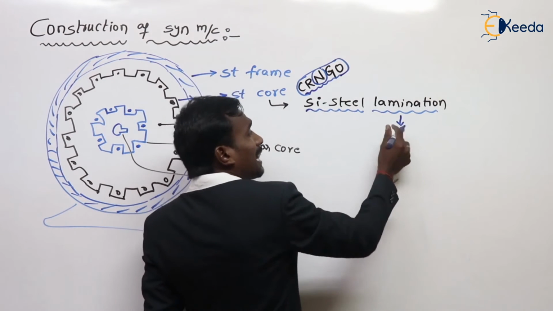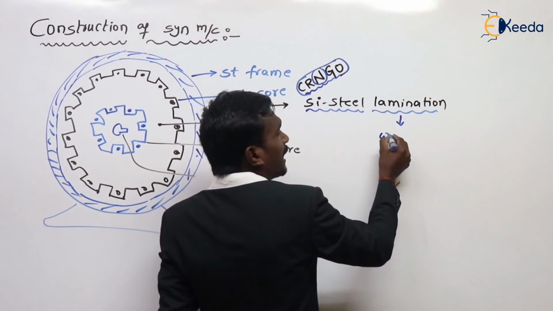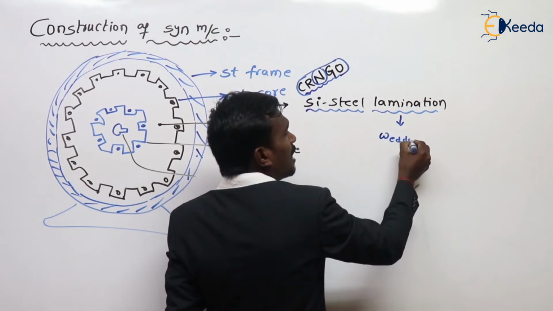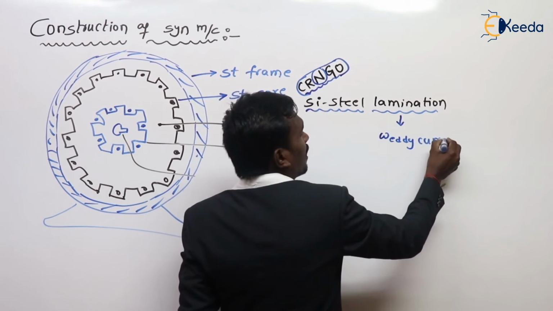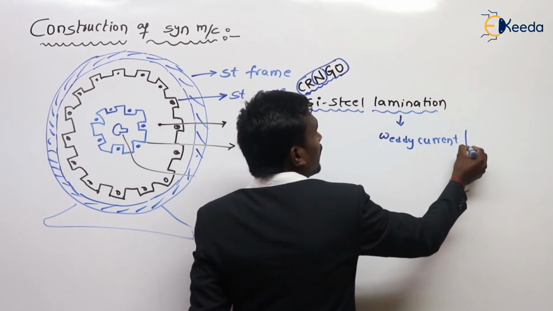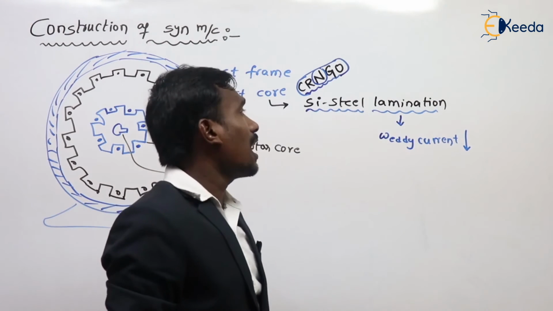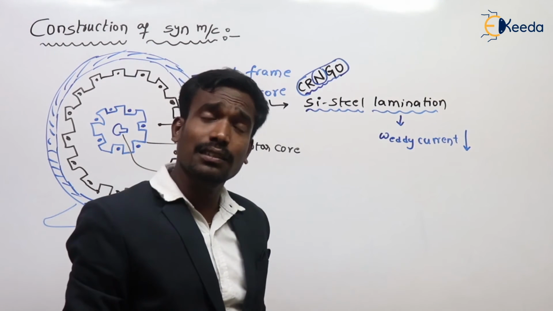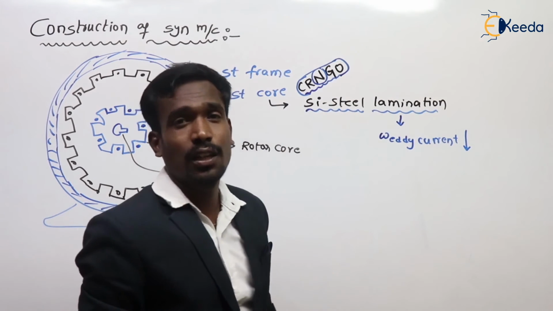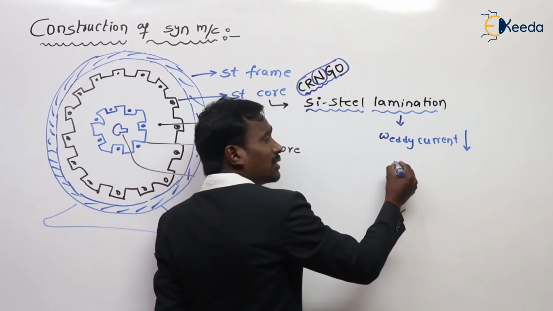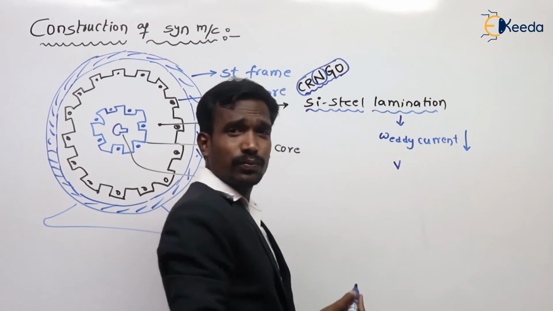By using laminations, we can reduce the eddy current losses. Sir, how can we reduce the eddy current losses by using laminations? Due to laminations, the volume